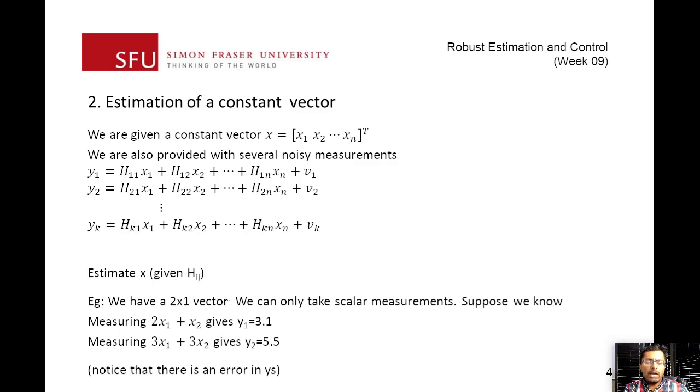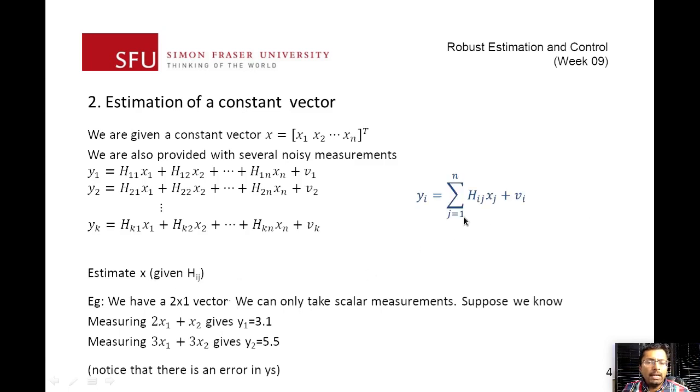So we're going to assume the number of measurements is greater than the number of elements here, and also that the combination of h's is such that the equations aren't linearly dependent on each other. There's a mathematical way we can write that, so we'll see that shortly. Nonetheless, what we are trying to do is estimate x given all of the hij. This is a slightly different way; you can rename h's and x's. As long as you have one set that's known and you're trying to estimate the other set, that's fine.